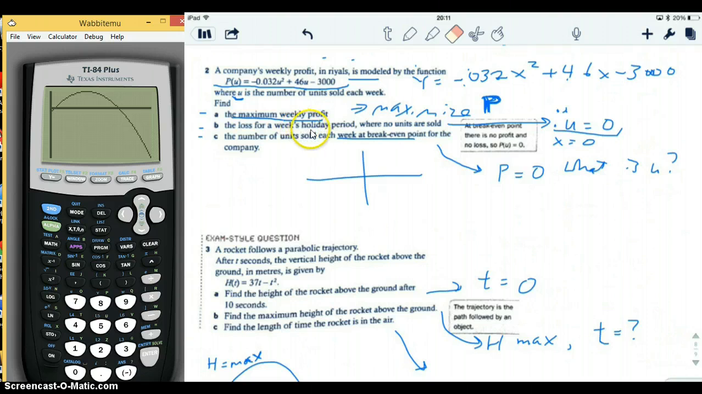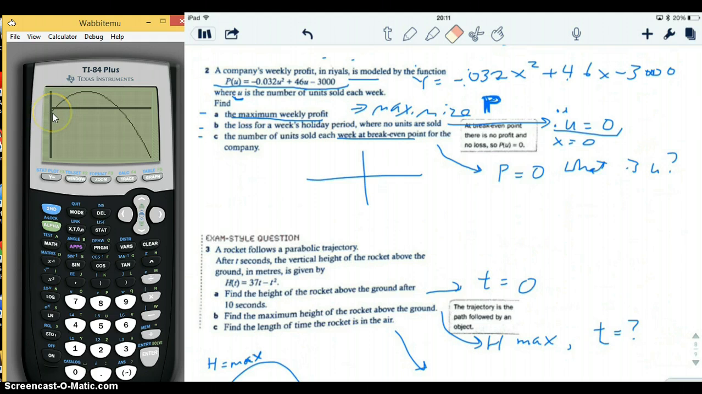The loss for a week's holiday period where no units are sold. Well, if no units are sold, that means u equals 0, or that means x equals 0. So x equals 0 would be at this line here. And so you can see that it's actually negative. So if you don't sell any units, you actually have a negative profit, which is a loss. So you could use trace to find that. You could do trace and then type in the value 0, or you could use table and figure out what